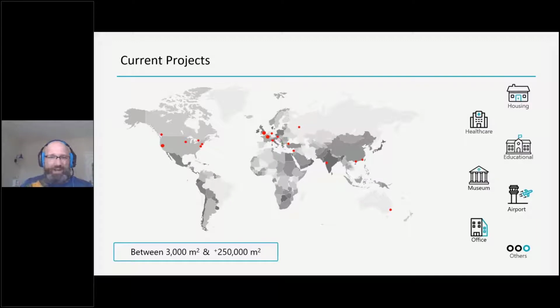So here's what I'm working on currently. It varies from housing to healthcare to several different types of projects, and it also varies in size. Interestingly enough, there are literally three variables that mostly don't change at all: we use Revit on every project, we use Enscape on every project, and we use BIMTrack on every project. Hence the reason I was so excited to see all three coming together.